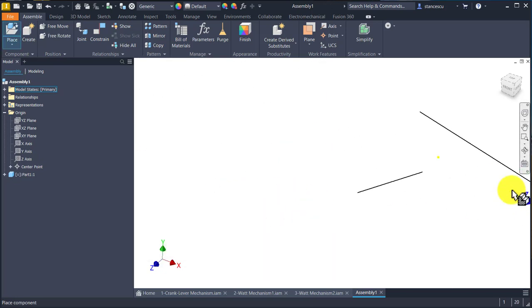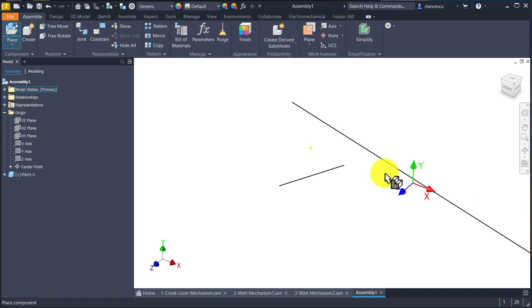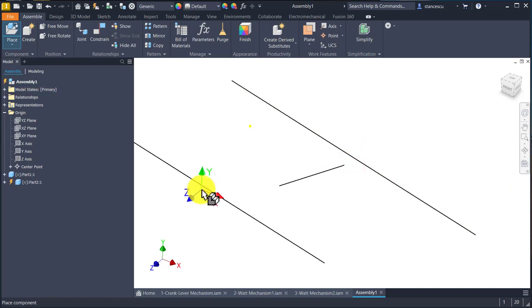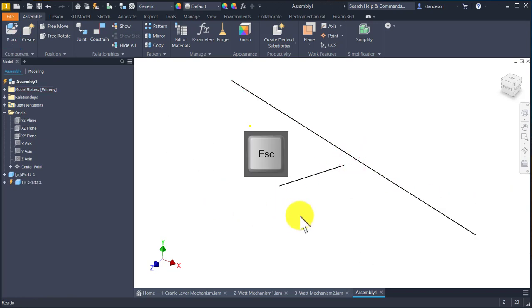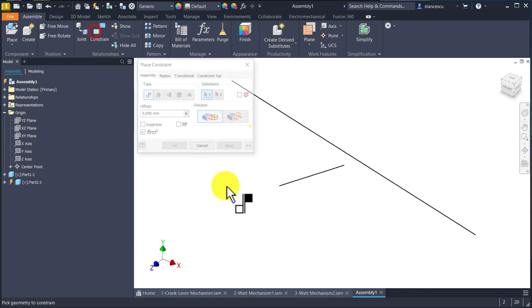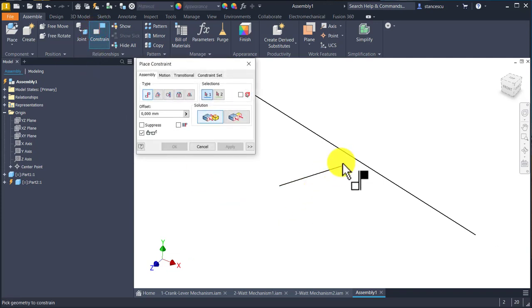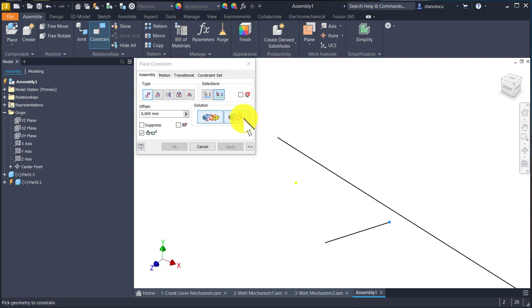I place it somewhere here. Then I connect this point with this point, which means I apply constraint. I wait here for a while. I select the point. Then I go to the other component, wait for a while, select the point, apply,